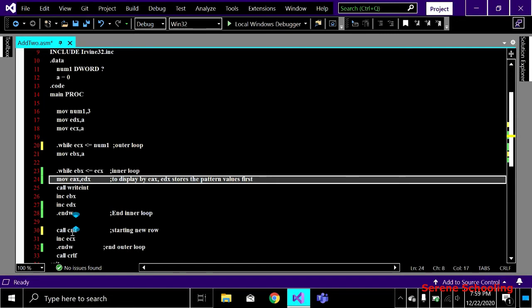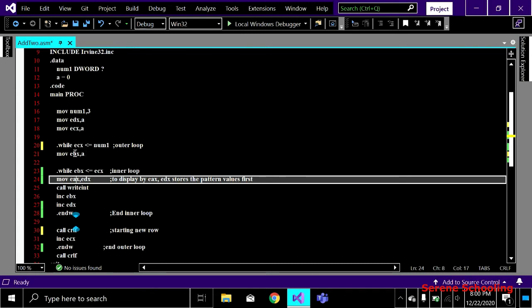Now in the next row, we are incrementing the row, right? This is how we increment the row. So now we have come to the row number 1. After incrementing 1, it will go to that particular loop, and that loop is this outer loop, right? So the control will go to this loop, and now ECX has become 1. Is 1 less than equals to 3? Yes, 1 is less than equals to 3.